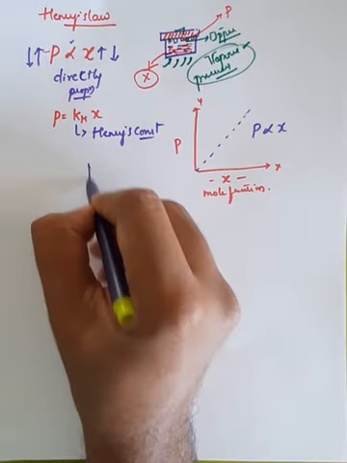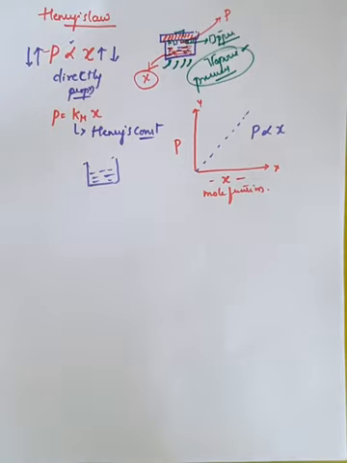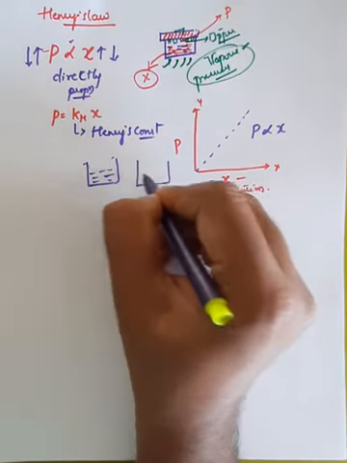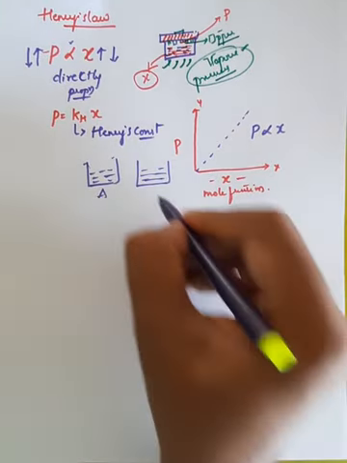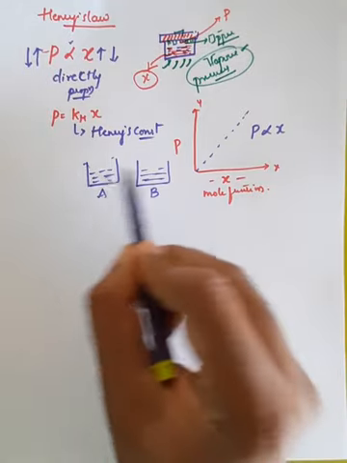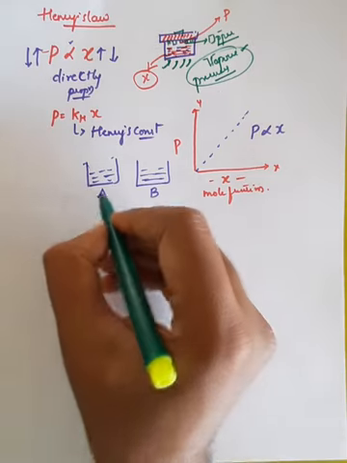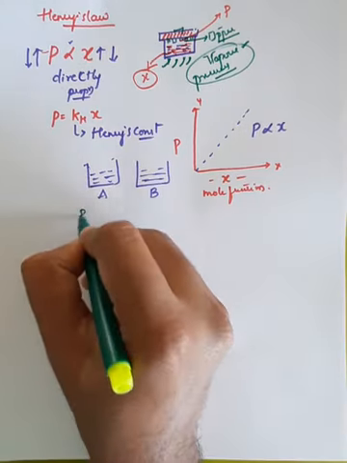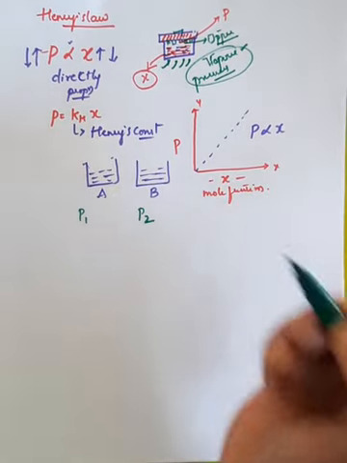One component system means a container consists of only one type of solution. We will call it a one component system. Suppose I take two components, so one is solution A and this is solution B, right? Then I have to apply Henry's law for both the solutions or both the components. So here the pressure applied by the first molecules can be taken as P1, and the pressure applied by the second molecules can be taken as P2, right?